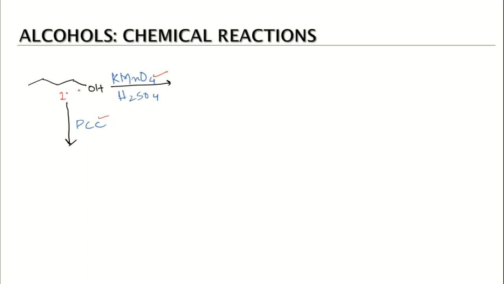We know that when a primary alcohol is oxidized with strong oxidizing agents such as KMnO4 in presence of an acid, or K2Cr2O7 in presence of an acid, we always get a carboxylic acid in the reaction. So if this reaction pathway is followed, if we use these reagents for this alcohol, then the product will be a carboxylic acid, C double bond OH. Then this will be the product.